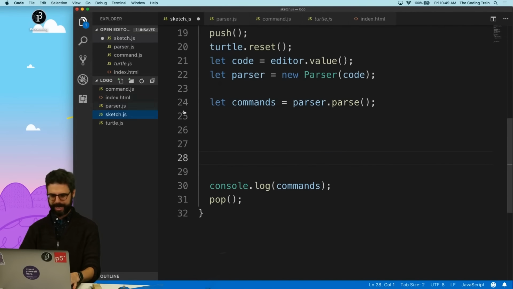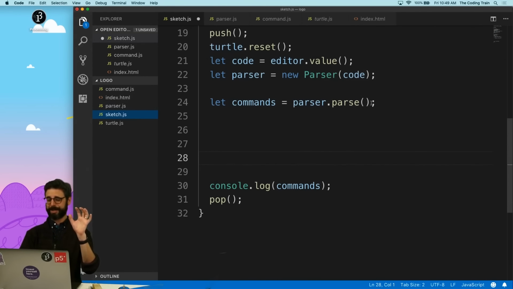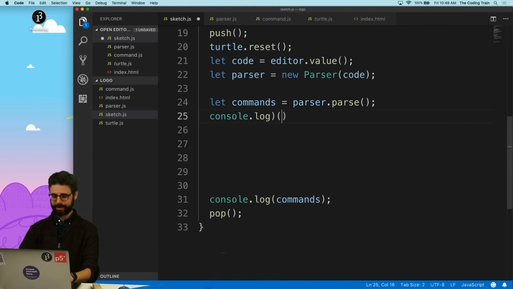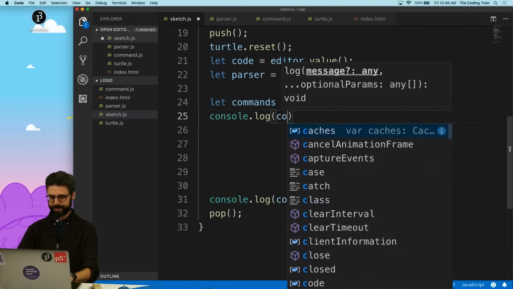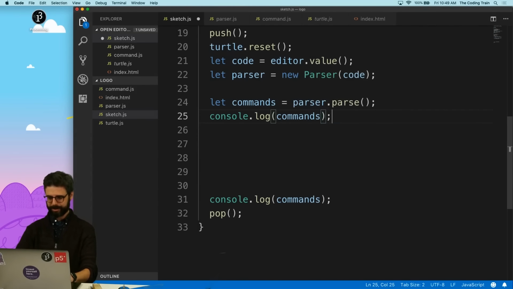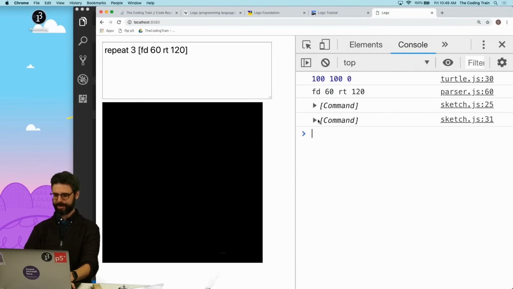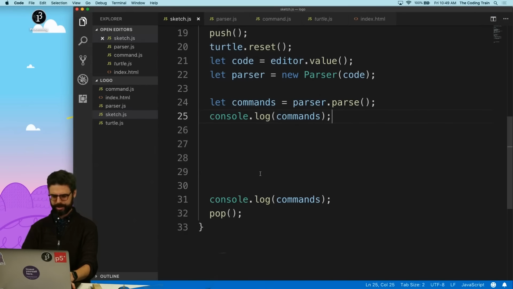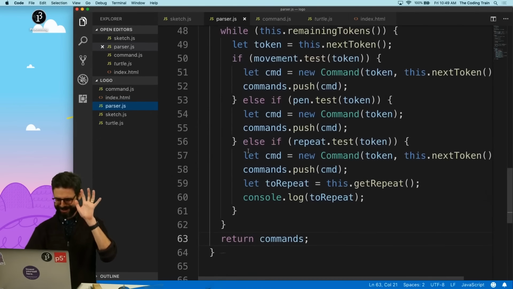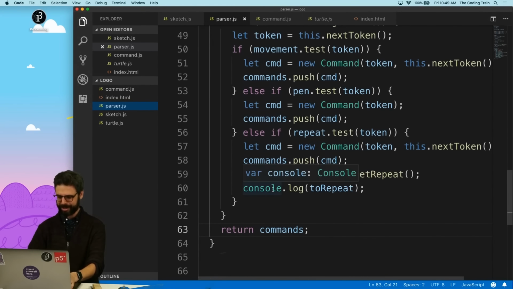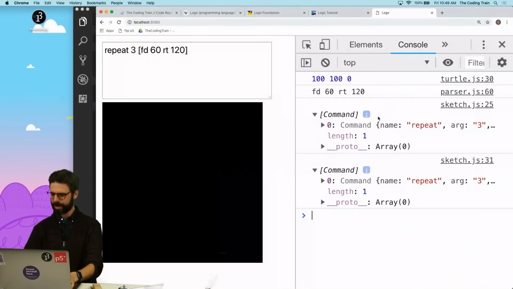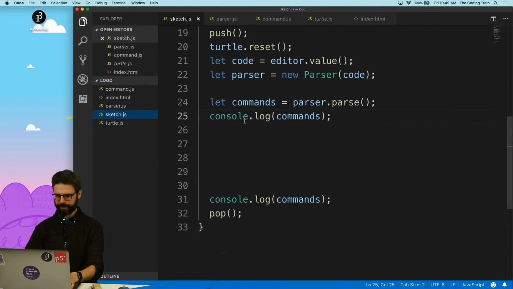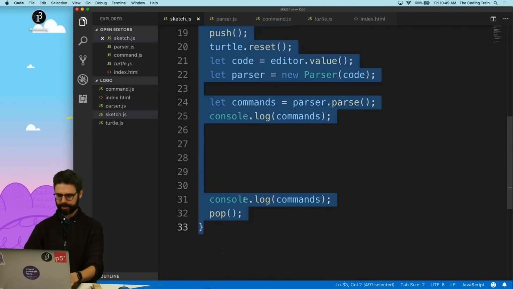And then in Sketch, let commands equal parser.parse, console.log commands. Oh, this is crazy. All right, sketched. All right, that's good. Hold on, I'm thinking. Oh, there's a console log here. Where's the extra console log? 25 and 31. Oh, I have it twice. Okay, so now,